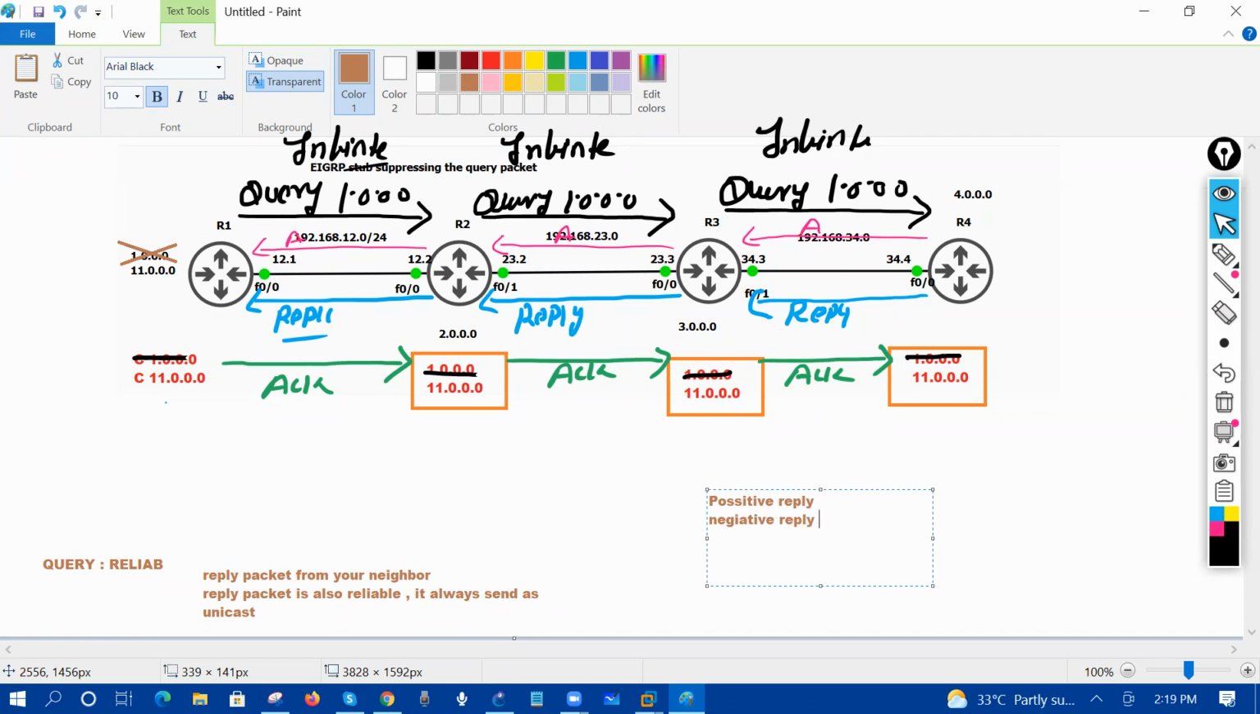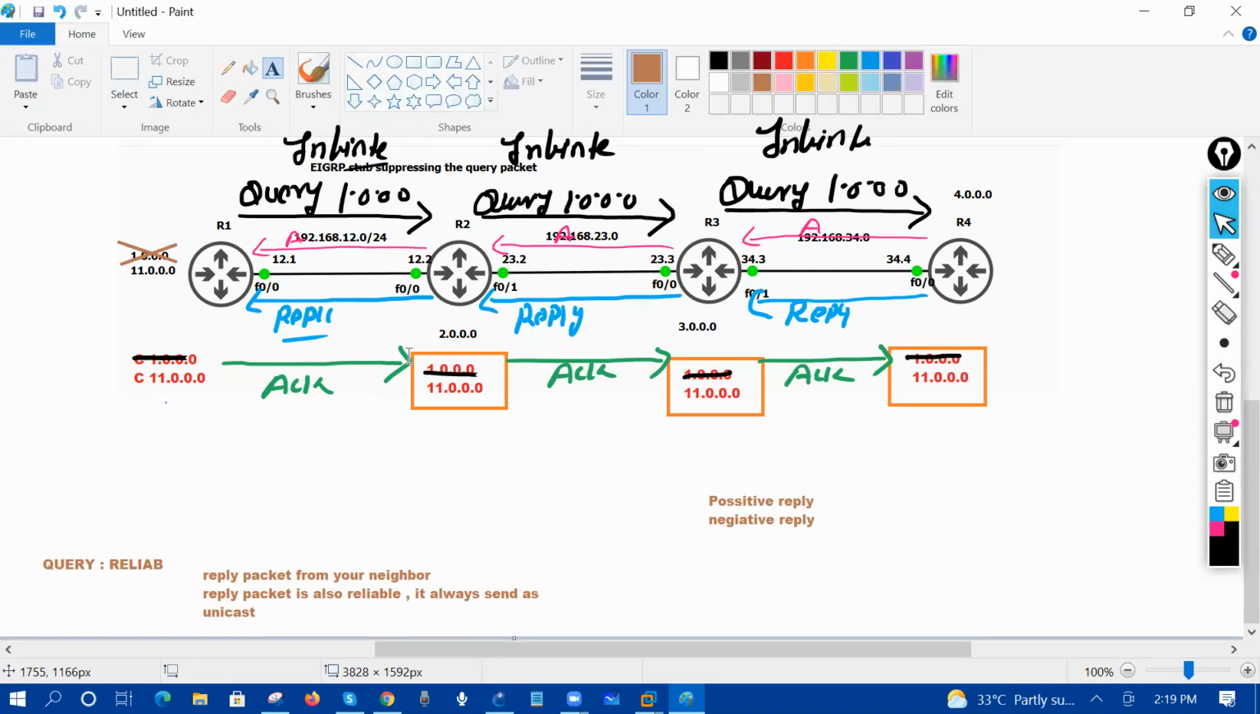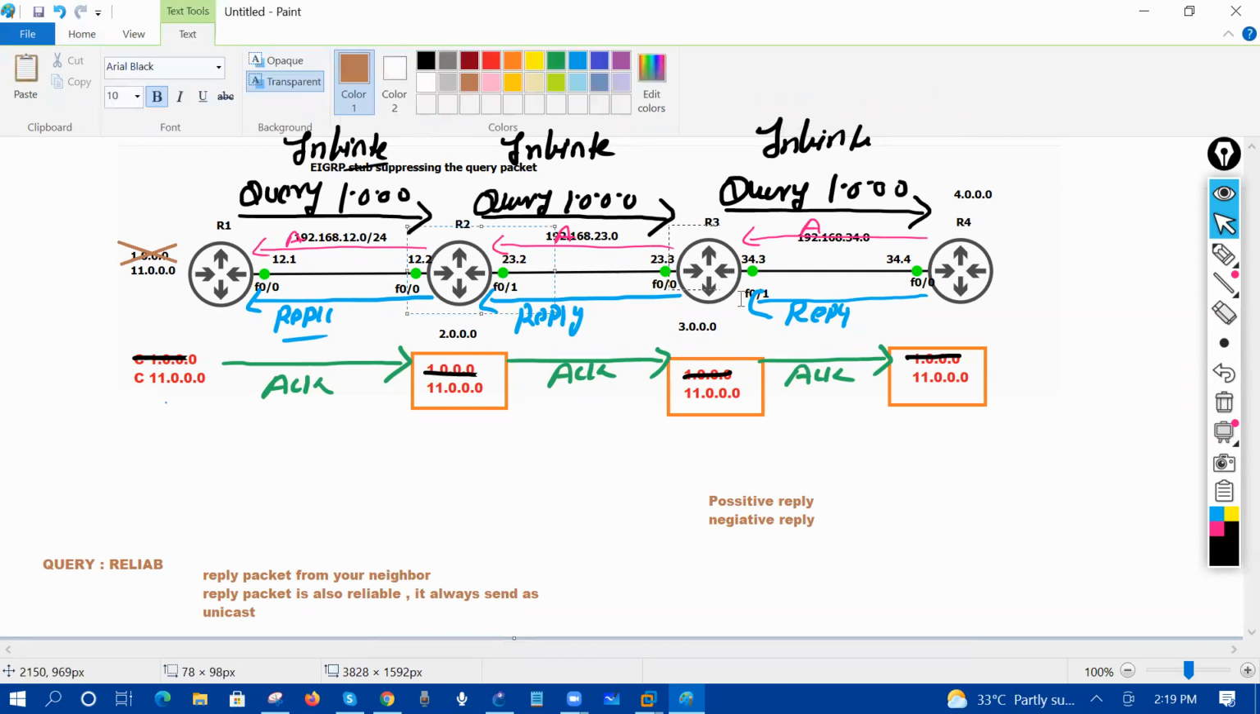Can anyone tell me which reply is this? Is it a positive reply or negative reply? Negative. It's a negative reply, right? Because they don't have any alternate path to reach this guy. R2 does not know anything about the alternate path. R3 doesn't know, and R4 doesn't know either. So they will give the negative reply. And once R1 gets the negative reply, what happened? Everything is fine. If you have a look till this point,